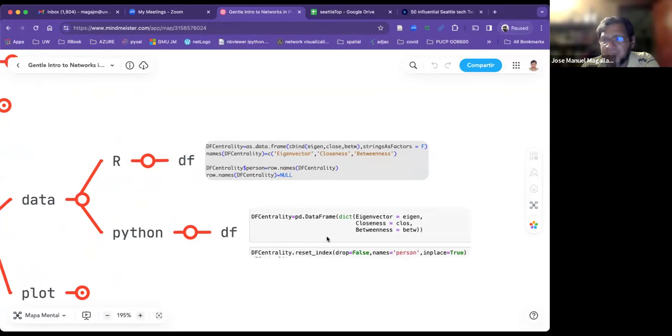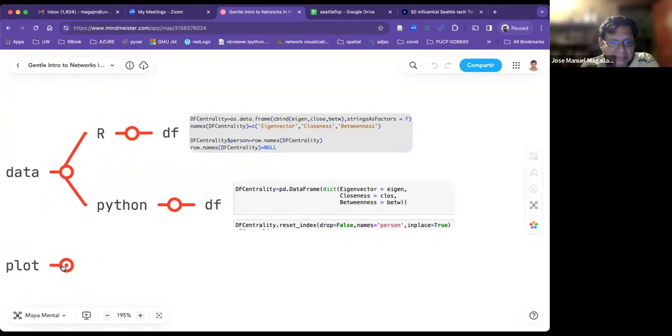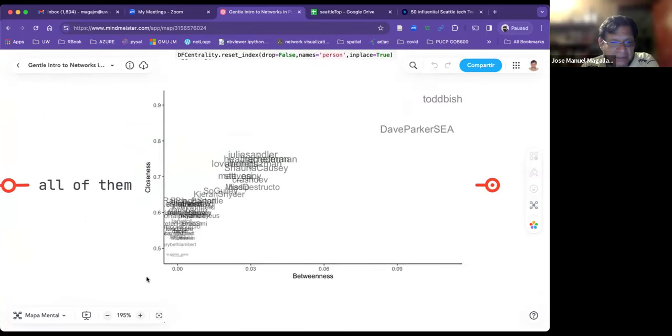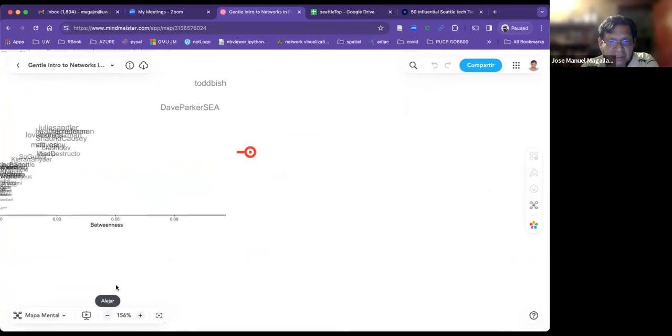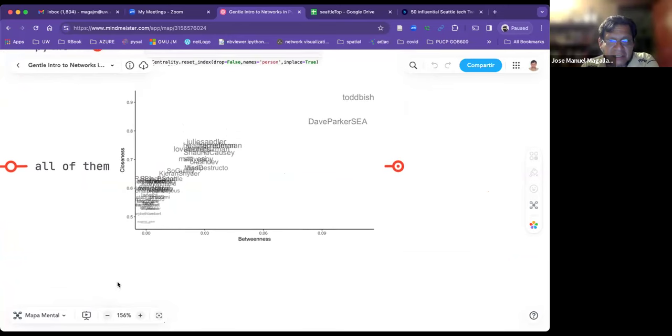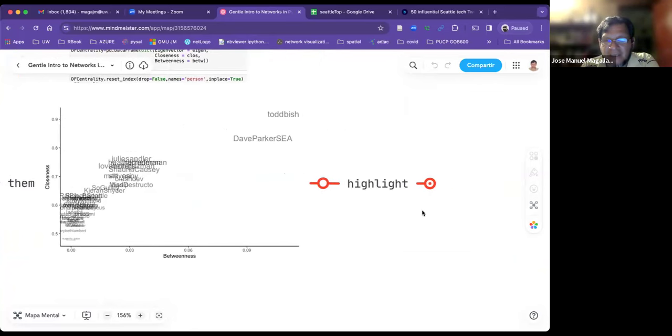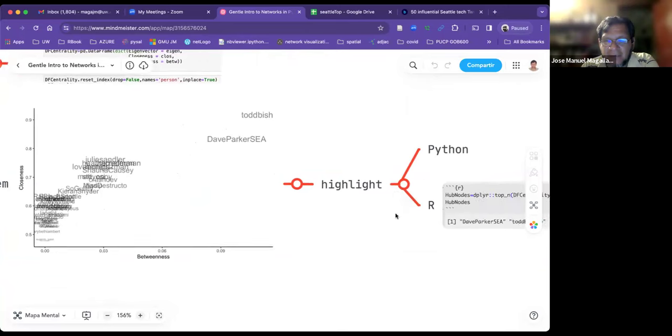In both cases, you will create a data frame. And then you can plot, for example, this is the closeness and this is the betweenness, and you can highlight, for example,